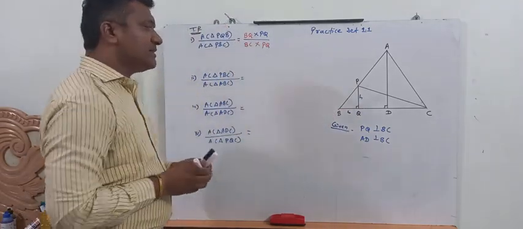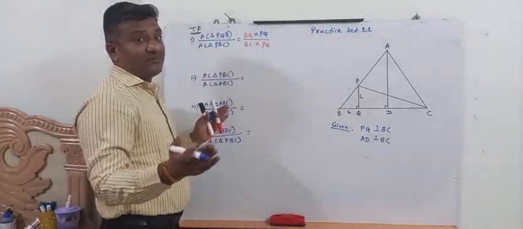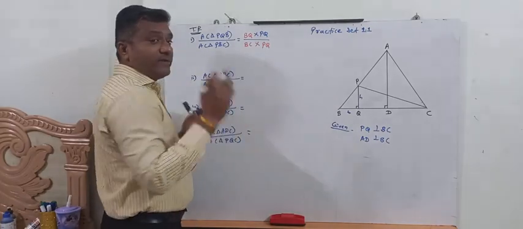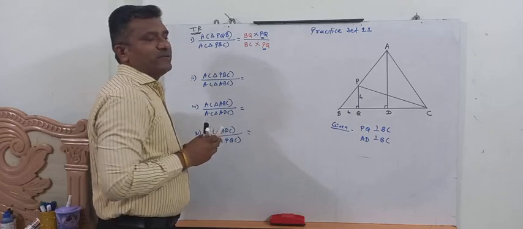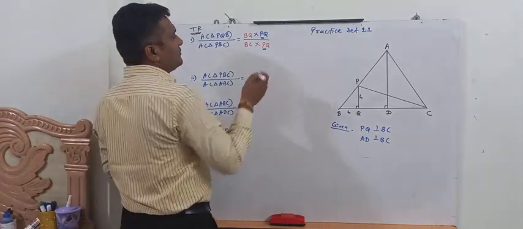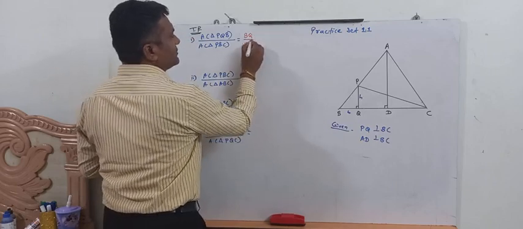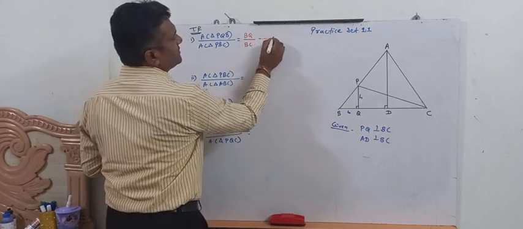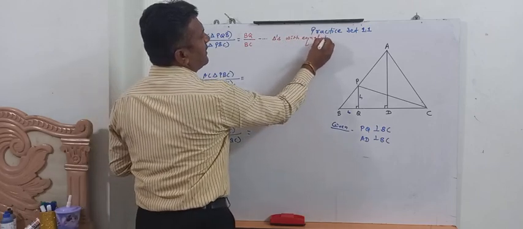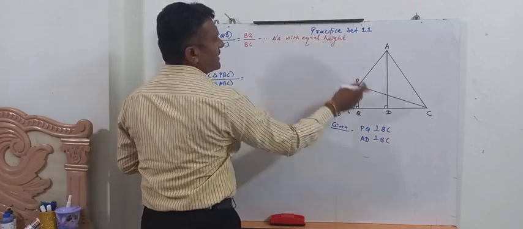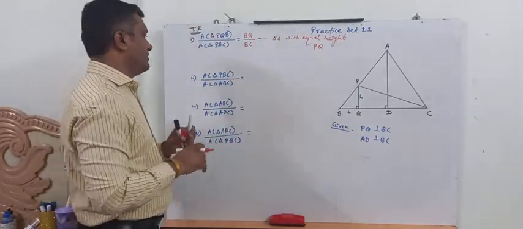Okay, now you can see carefully here in both these triangles. If you write like this, you easily come to know what is equal, whether base is equal or height is equal. Now you can easily notice that both the triangles have the same height, that is PQ. So you can directly write down like this now. PQ cancels out, no need to write that. The reason will be triangles with equal height. Now which height is equal? PQ. If you mention it, well and good, otherwise no issue about that one.